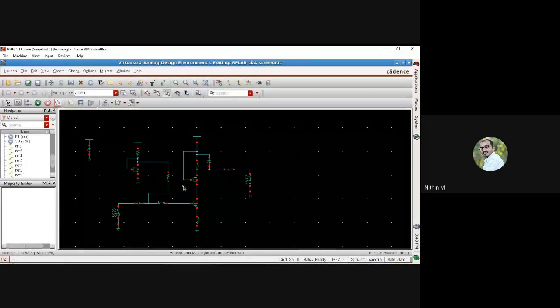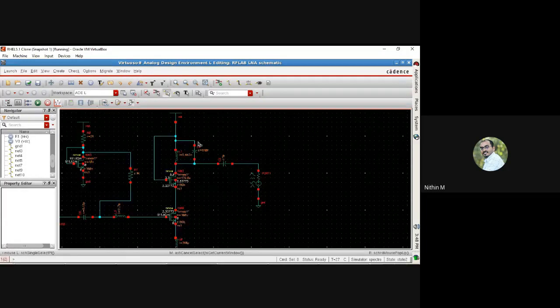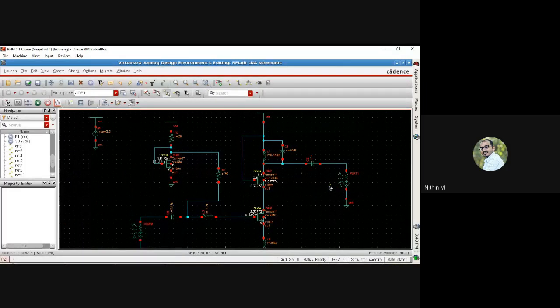Okay, so don't worry about the circuit. In fact, I wanted to keep it as a black box, but I didn't get time to create a symbol and keep it inside that. The circuit is actually of an LNA, low noise amplifier. If it is not clear, I can zoom in. I hope you can see the circuit. So forget about the circuit, forget about the transistors. Assume that this entire thing, what I have marked now in this yellow box, is a black box. You don't know what is inside.